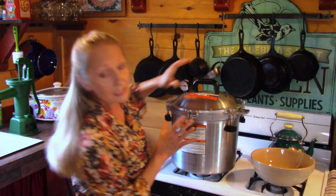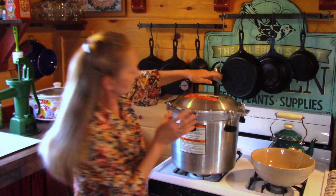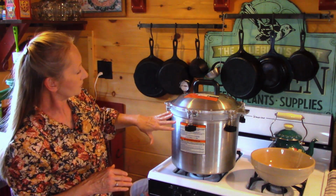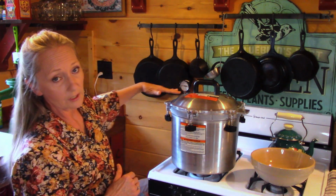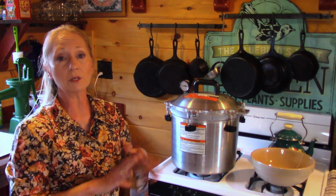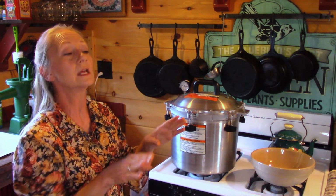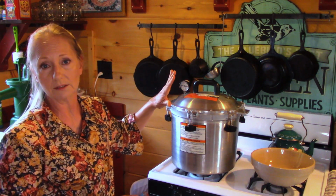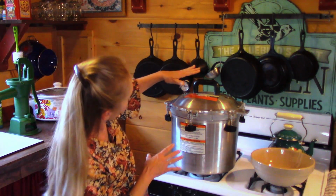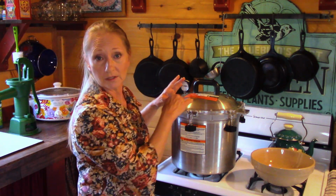Let's make sure that we have this all the way around. There we go, so it's down on there level. Now I'm looking for this lid to be as level as possible. If you have the Presto canner, you're not going to have to worry about that because it's going to lock down in one position, and it does have the rubber gasket rather than the oil around the edge. But I'm going to want to make sure that my lid is level as possible